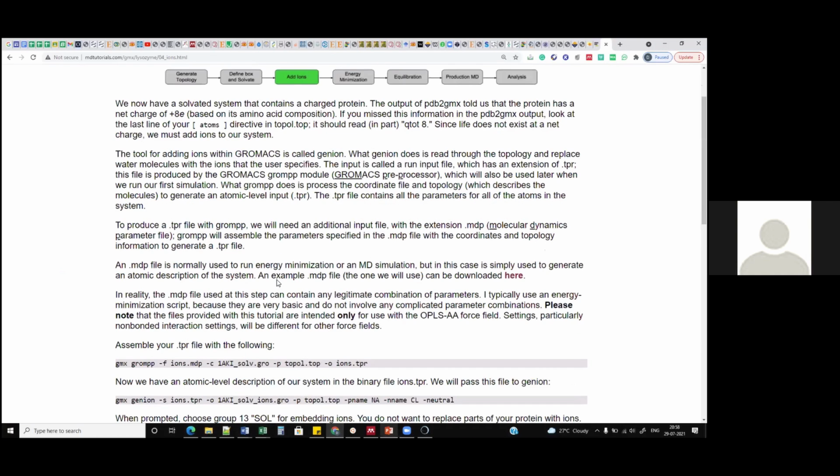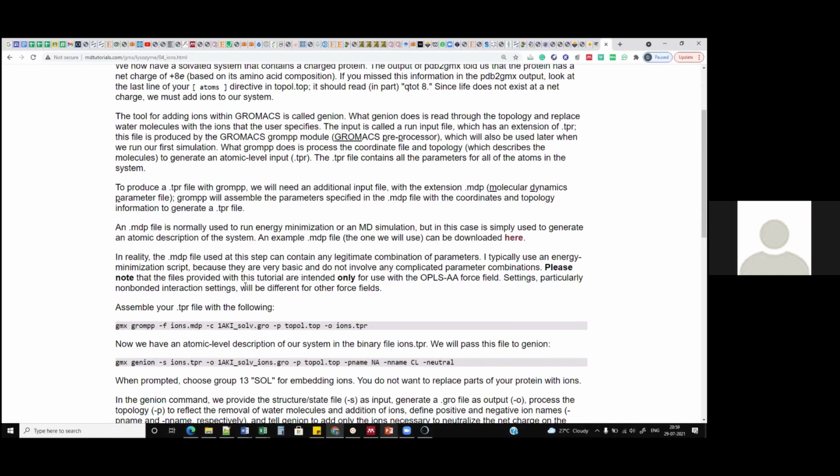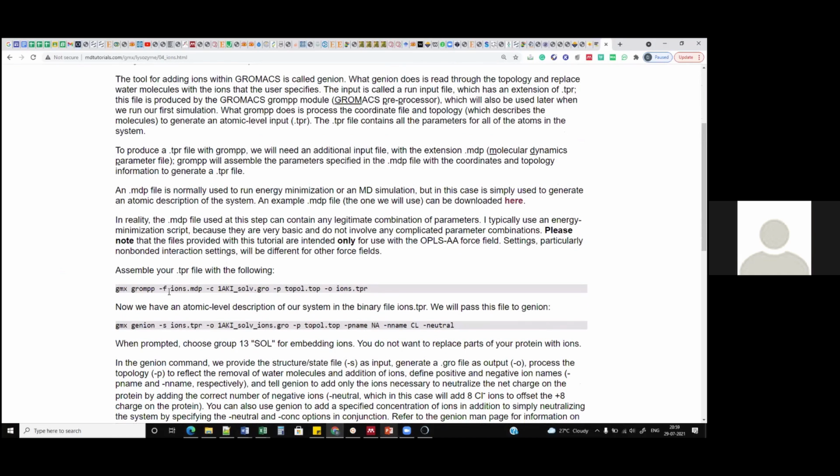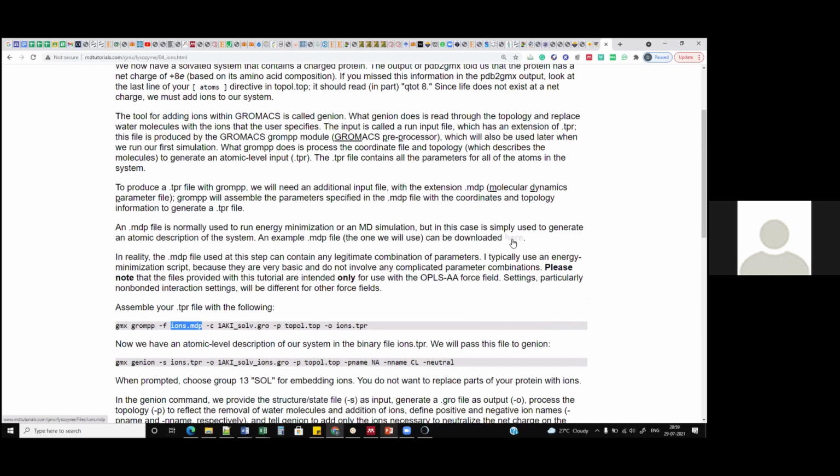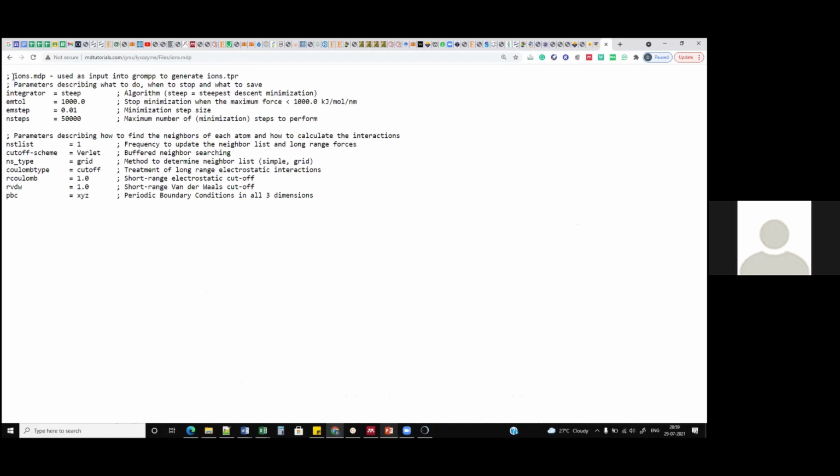Okay. So over here, if we go further, there are two commands. The first one is grompp, which is the Gromacs preprocessor command. Whenever you run this grompp command, you need to supply the command with the parameter file, that is the MDP parameter file. That is available here. You can just click over here. It will open up a default file. I'm not going to explain all these steps in detail, but the important one: for this particular command, it is using a steep algorithm. So it's a steepest descent minimization approach.